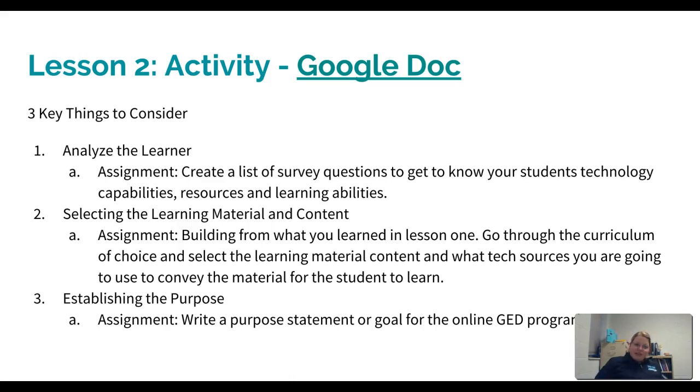Their activity includes 3 key things. I want them to develop a list of survey questions to get to know their students, how they learn, and what resources the students have available to them. It's very important to make sure we understand what our learners are able to do and what resources they have available. That way we can set them up for success and can implement those new tech resources as they become more comfortable. I want to make sure that my instructors know how to select the appropriate material and content and the delivery,